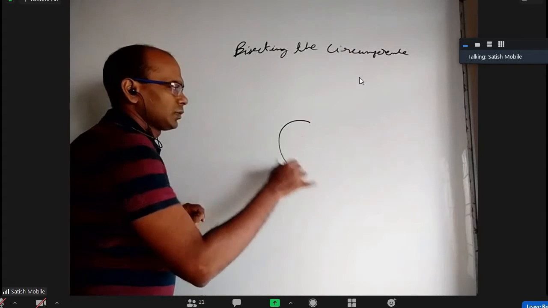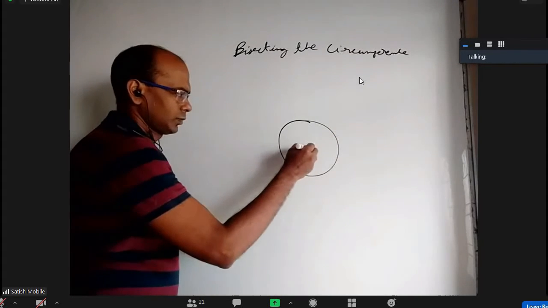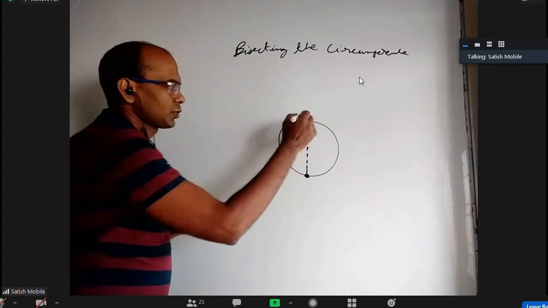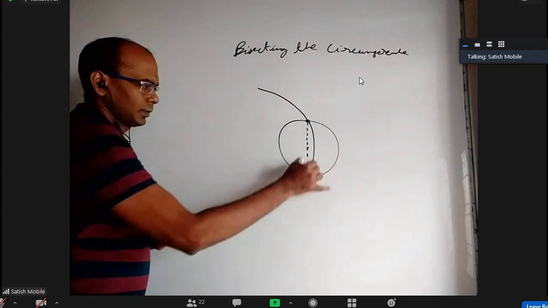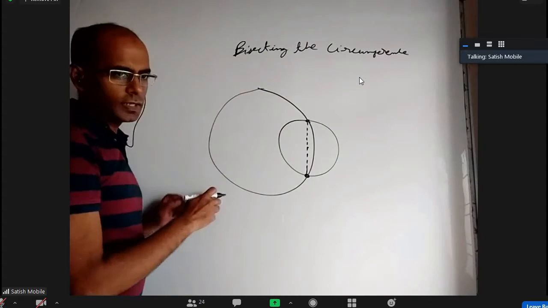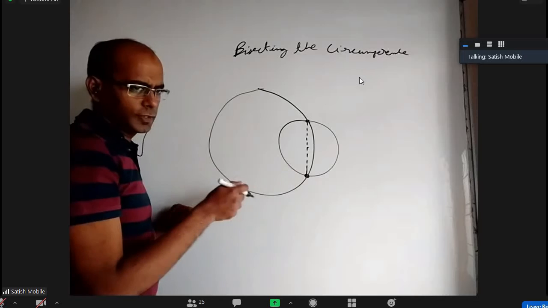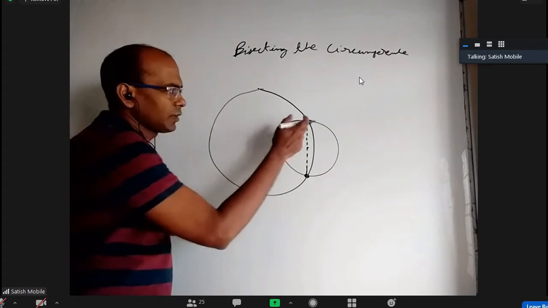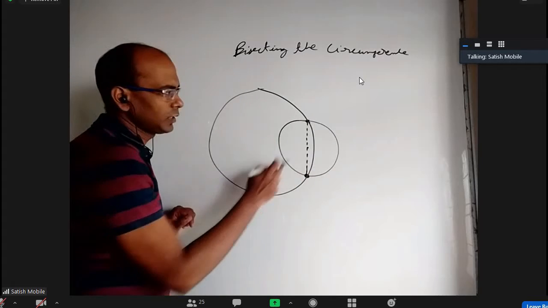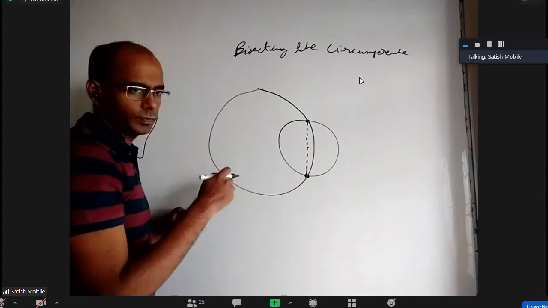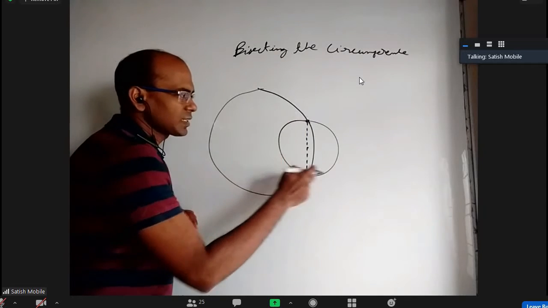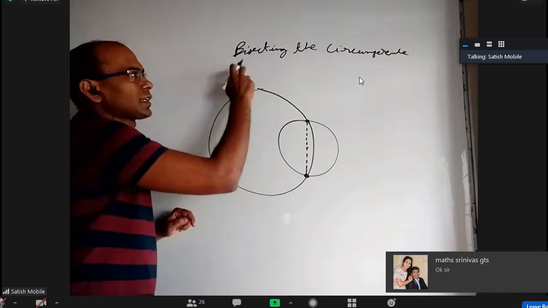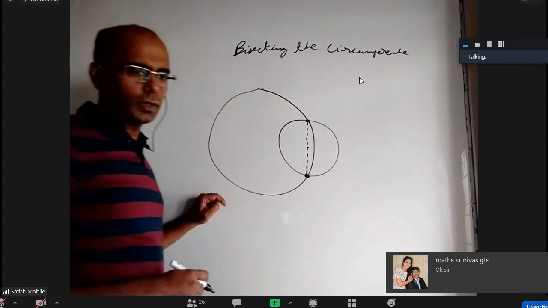If there is a circle, and another circle passing through these 2 points in such a way that one circle is intersecting another circle at 2 points. When you join those 2 points you get a line, and if you observe the perimeter of the small circle, it became 2 equal parts. That means the circumference of the smaller circle, because of this bigger circle, became 2 equal parts. That's exactly called bisecting the circumference.